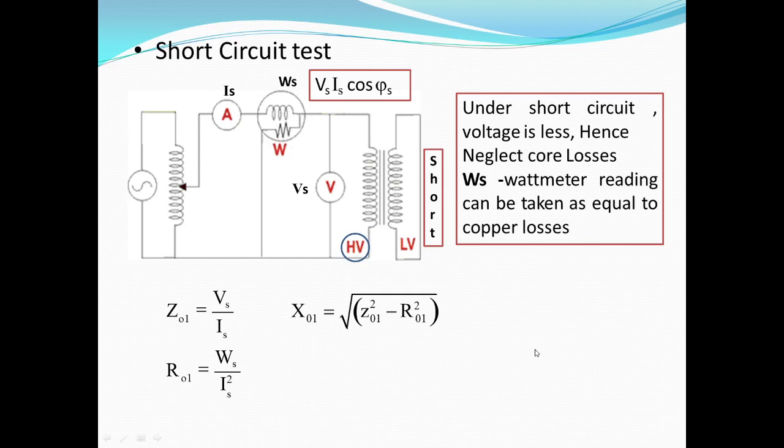The short circuit test is used to find the variable loss in the transformer and to find the series branch parameters in ohmic values when referred to the winding on which the test is conducted. One more thing we determine with the short circuit test is the percentage resistance, percentage reactance and percentage impedance of the transformer.